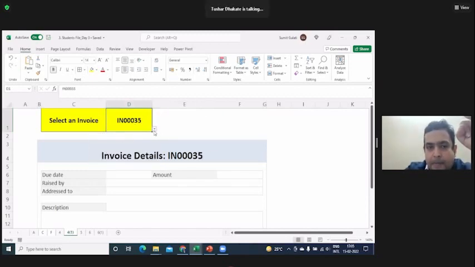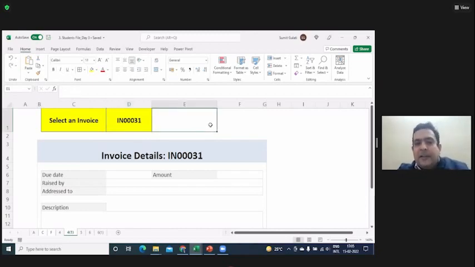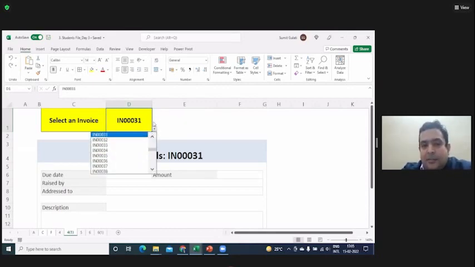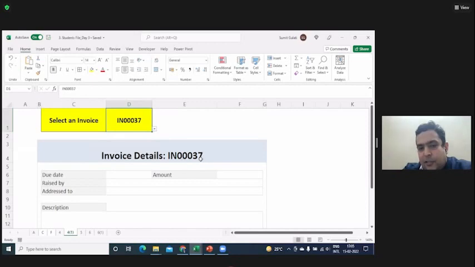If it is not coming, probably you are using a very old version. Which version are we using? Yes, sir, it is very old. Very old, right? So maybe it was not there in it, or many times compatibility with this sheet is not there. If that is the case, you can type in the invoice number out here. This is just to select the right invoice number. Now I have linked it in such a way that the moment I say invoice number 37, here also it changes. Pay attention to this invoice number too. If I change 37 to 44, it becomes 44.